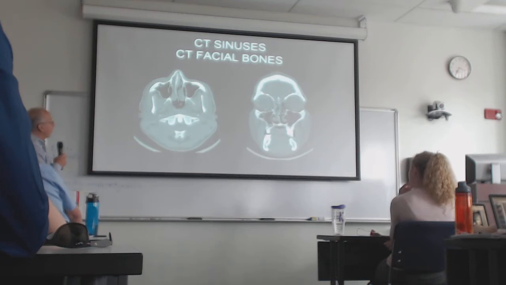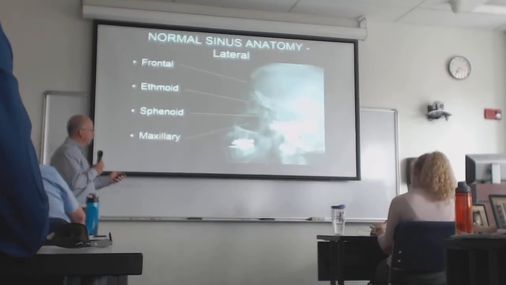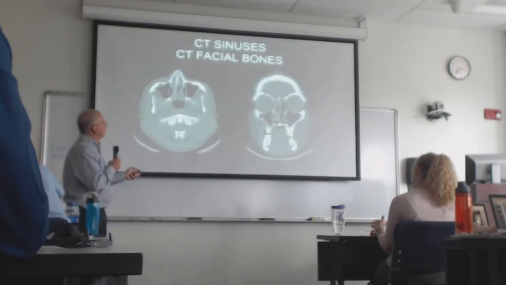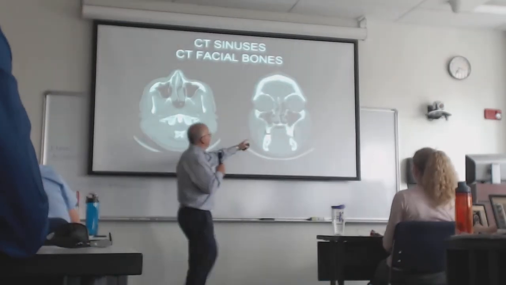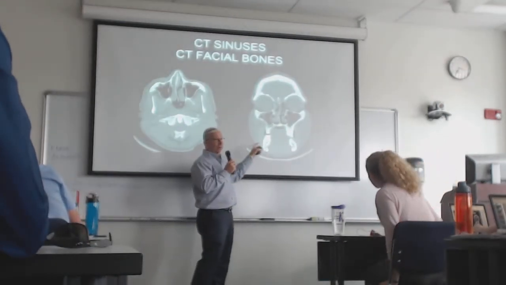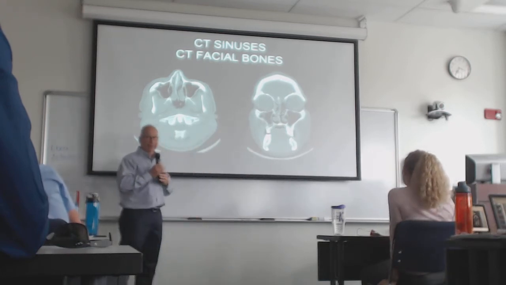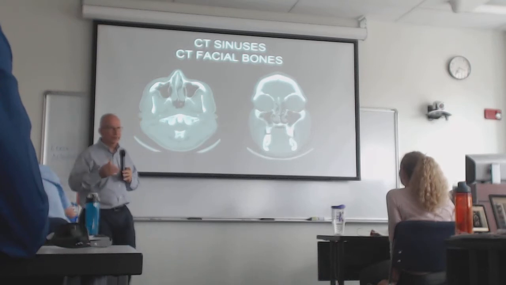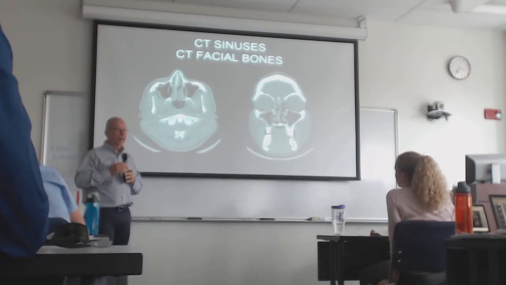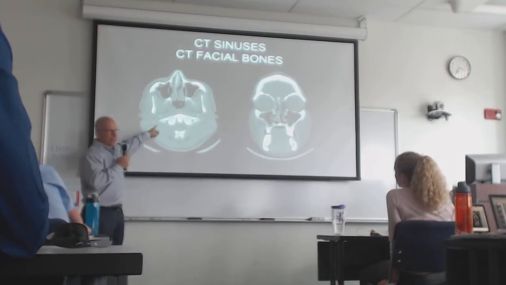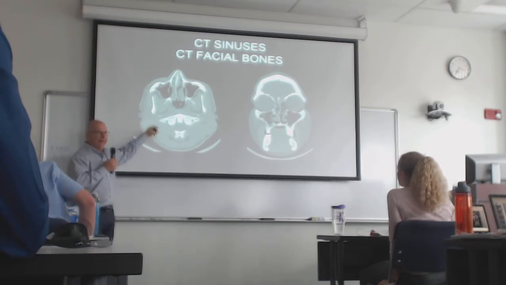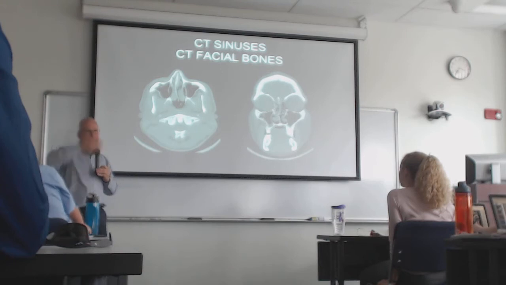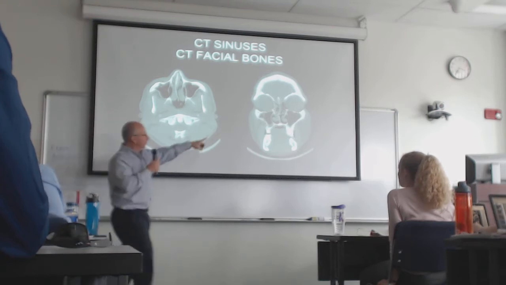Okay, now compare that view of the face to that view of the face. A little more detail going on here, okay? Remember that CT scans create slices. As if you were in a bologna slicer, you would get axial images of your brain. Axial, that means this way, right? This is coronal. This is coronal.